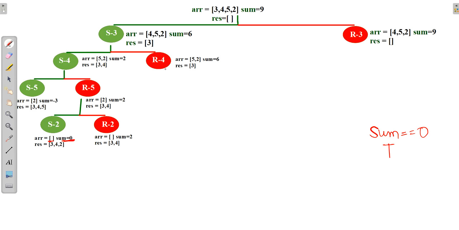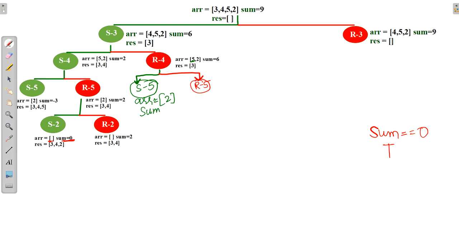Now let's go further for this R4, where I'll include 5, the first element of my array, and with that I will reject 5. So when I select 5, array will be 2 now.